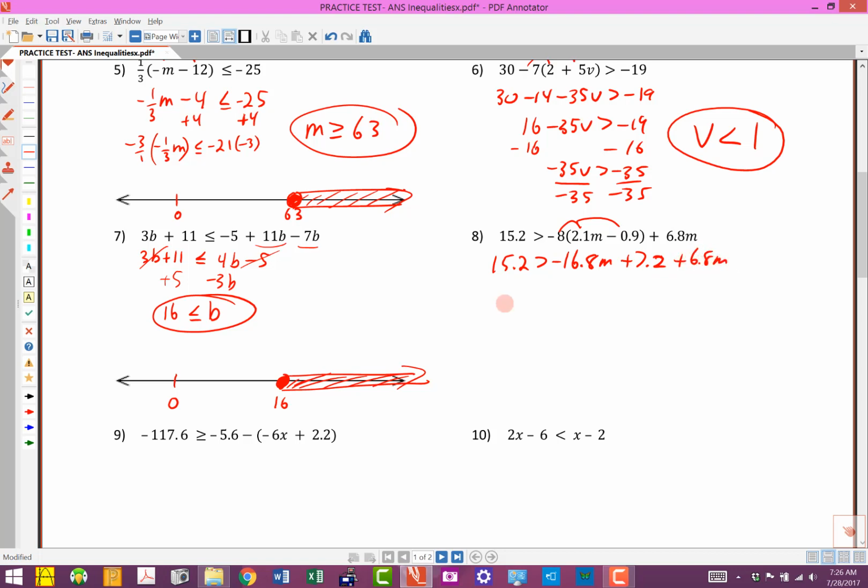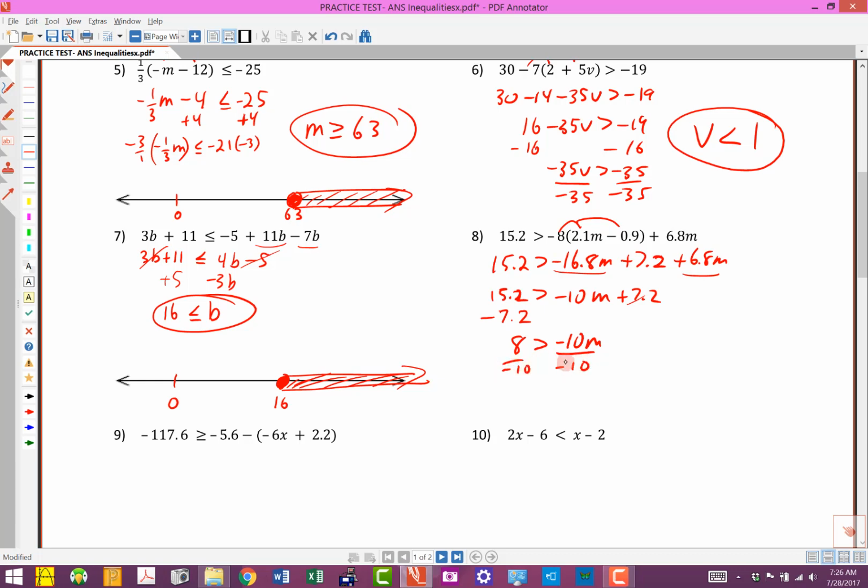We are going to combine some like terms here, so we've got 15.2 on this side, and then let's see, if we put the two of those together, we end up with negative 10m, plus 7.2. We're going to move this to the other side by subtracting. Again, nothing that we've done so far is going to change the direction of the inequality. This is going to give us an 8 and negative 10m, and then finally we're going to divide by